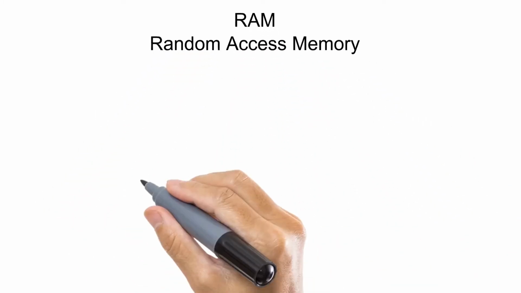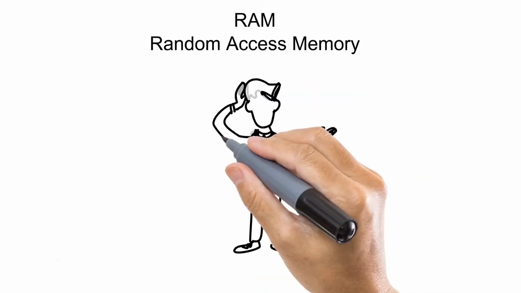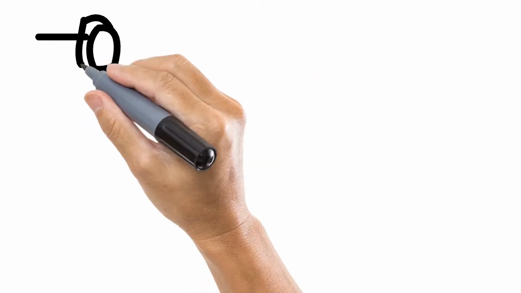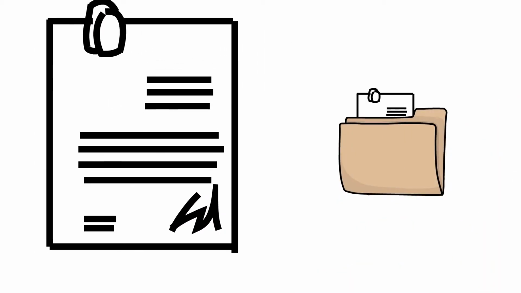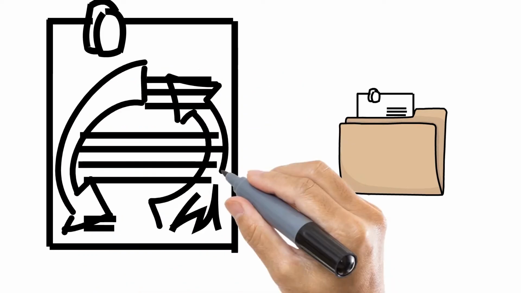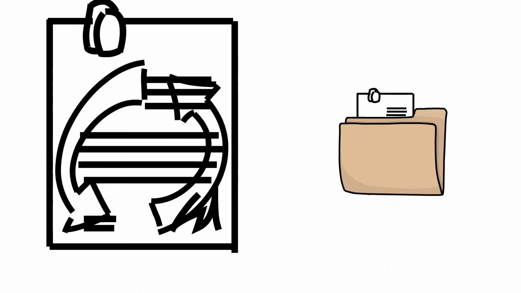Now we will talk about RAM. RAM is a volatile memory, which means data stored in it is not available once the computer is switched off. It stores instructions for the CPU to process the data in a sequence and also fetches required data from the main storage unit to compile and manipulate them to produce an output.